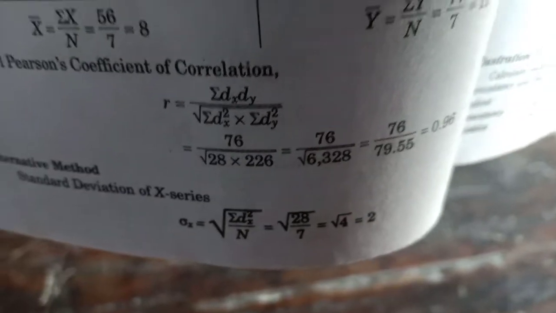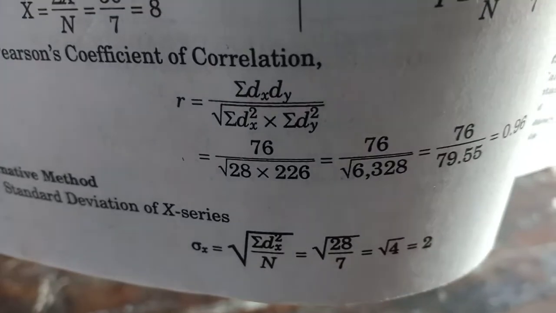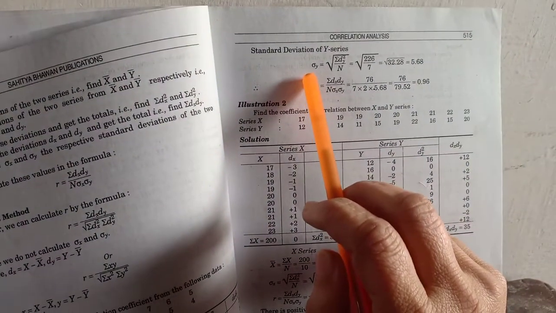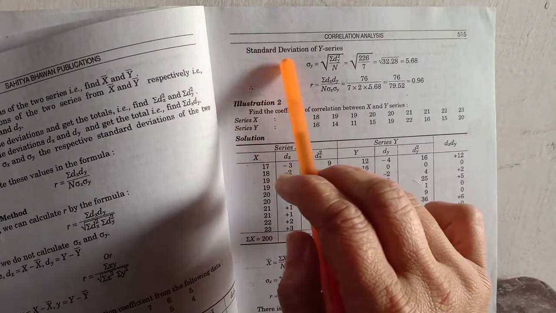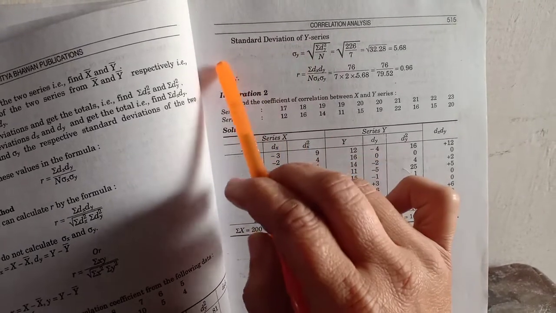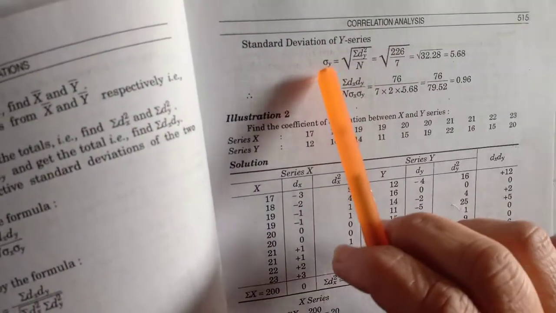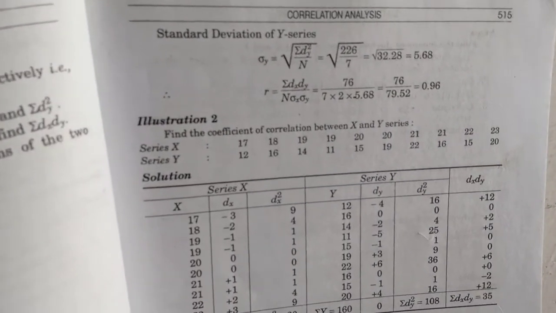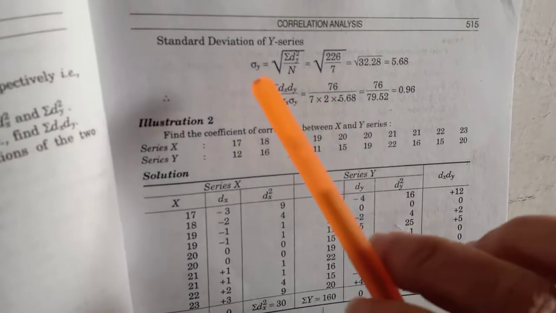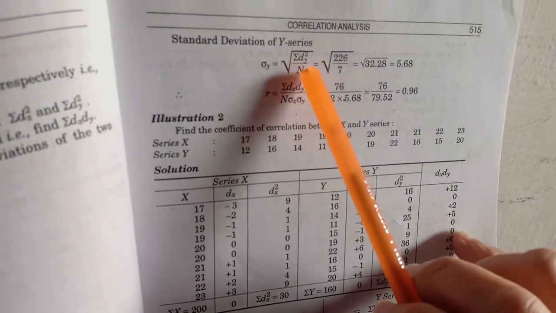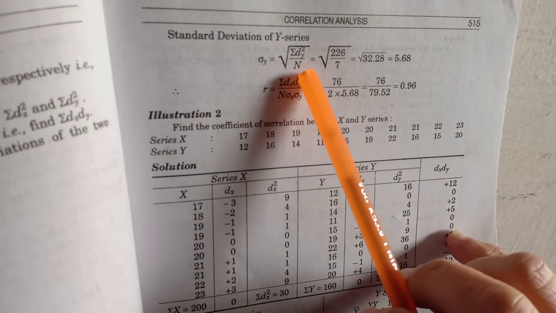in the previous problem. The bar symbol stands for standard deviation, like this: a vertical bar with a circle below it. This is the symbol for standard deviation. As you can see here, the formula for standard deviation is under root summation dy square